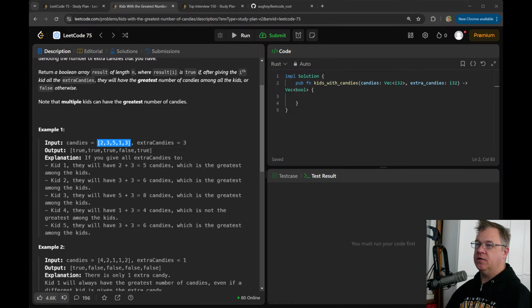It's fine. Whatever. Unwrap where. The reason why I want to do it this way: the rest of it's going to be able to return an empty vec.